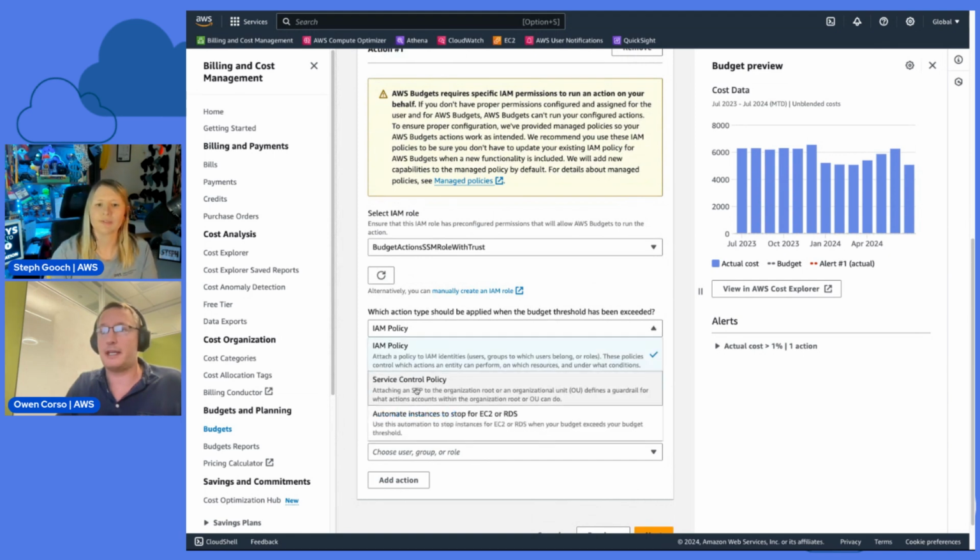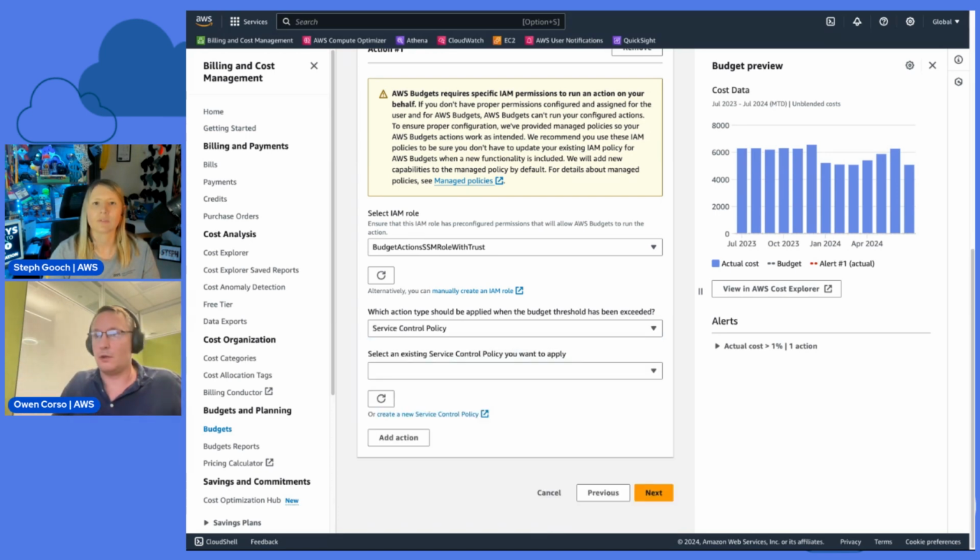Now, the second type deals with AWS Organizations, and you can have what's called a service control policy, and that works very similarly to what we just discussed within an account, where you're attaching an IAM policy to a user, group, or role. This is attaching a service control policy to an organizational unit or another account in your organization.